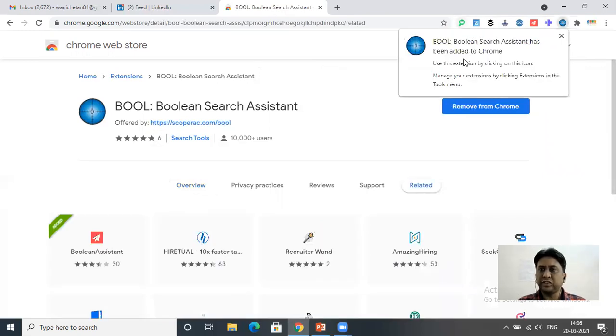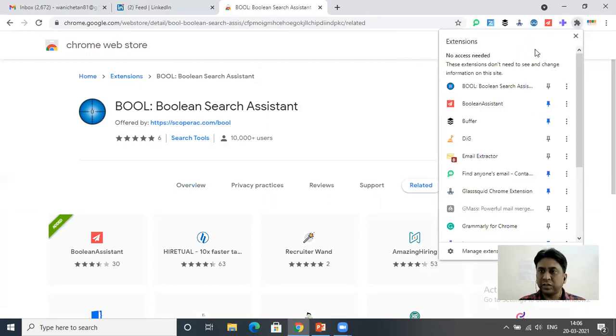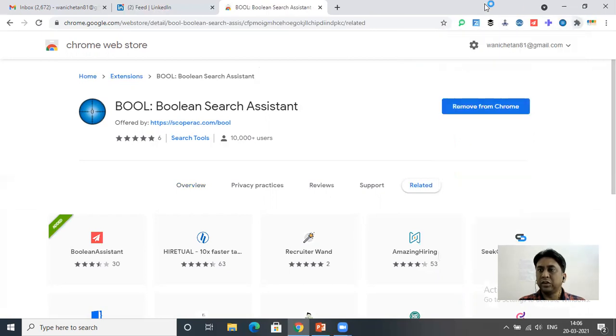Now here there is a message that it has been added to our Chrome. Whenever you want to remove it, just click on remove Chrome extension. Then go to this sign which is for extensions. You will find your Chrome extensions here. This is a list of Chrome extensions. Now click on this pin. So here on the bar, you will find the Chrome extension. You have to remember the sign of the different Chrome extensions. So friends, this is how we learned how to install a Chrome extension.